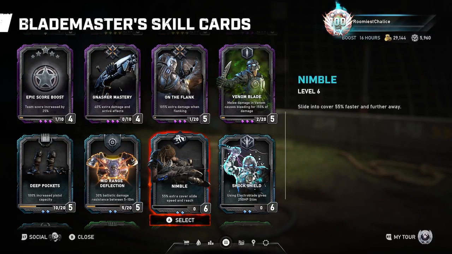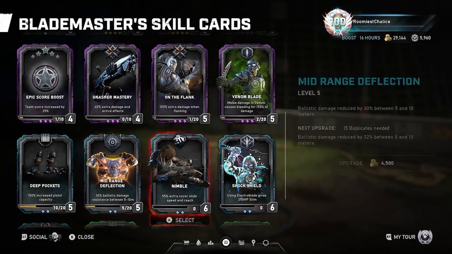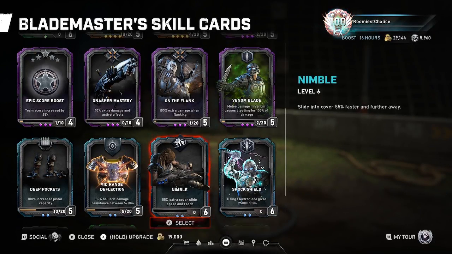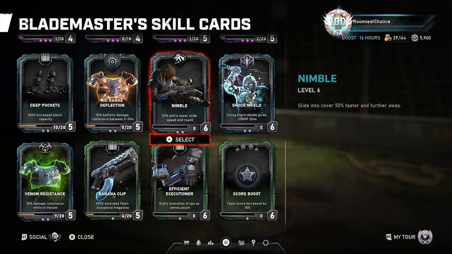Nimble, I've heard that some people use this card on Blade Master. I've tried using it, and I'm just not a fan of it. I might not be utilizing it enough, but I would most definitely prefer any of the cards I have equipped, or mid-range deflection, or shock shield over nimble. You could probably get away with using it in escape,